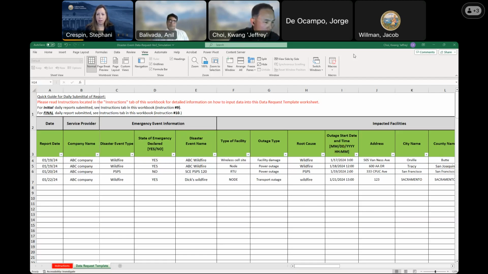Anil, any thoughts on that? Yeah, I think we covered pretty much everything that is needed in the data request template. We tried to explain the process, how it works, and the second thing is how the data entries need to happen, what information needs to be filled in. Pretty much the template is self-intuitive, and for the instructions, we added more clarification with examples compared to version 1.